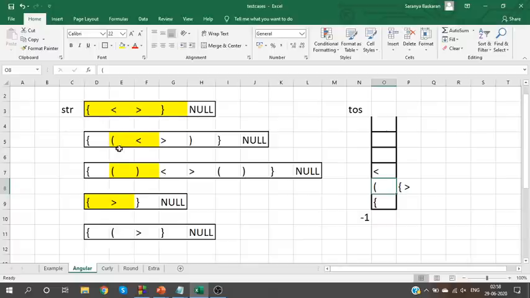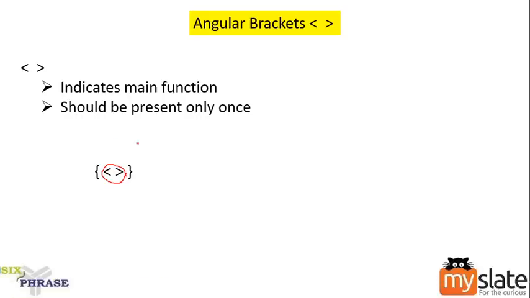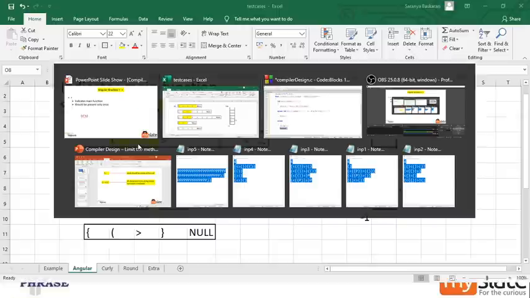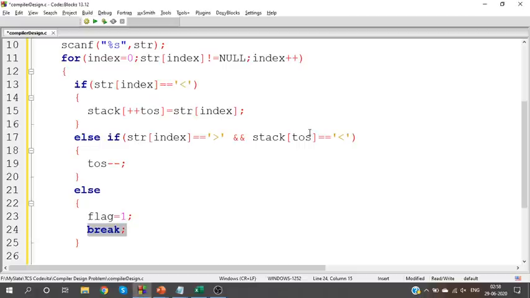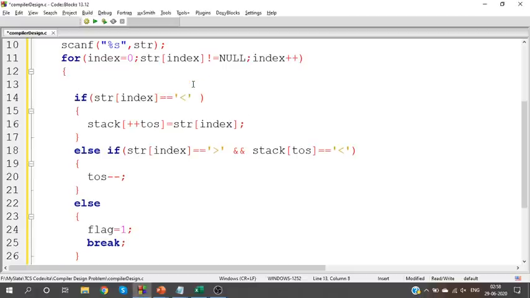So if you have another function here, if your stack already contains another function, for example, your stack already contains an open bracket, then it is not okay to push this angular bracket. In that case, you should stop the execution.